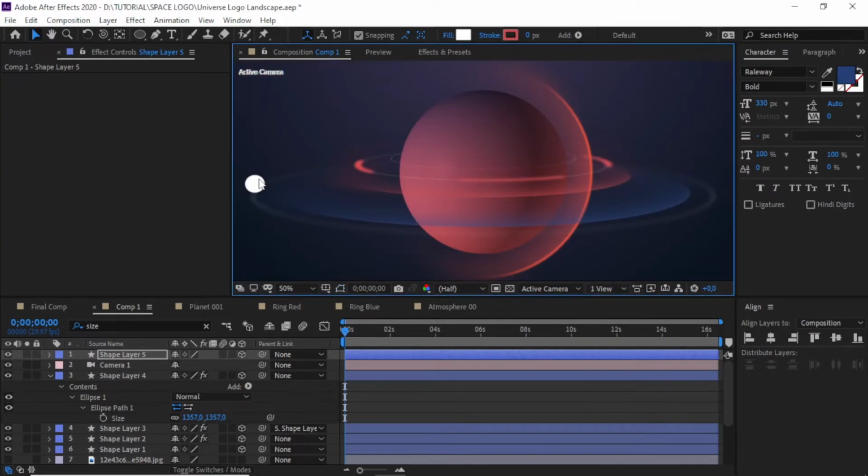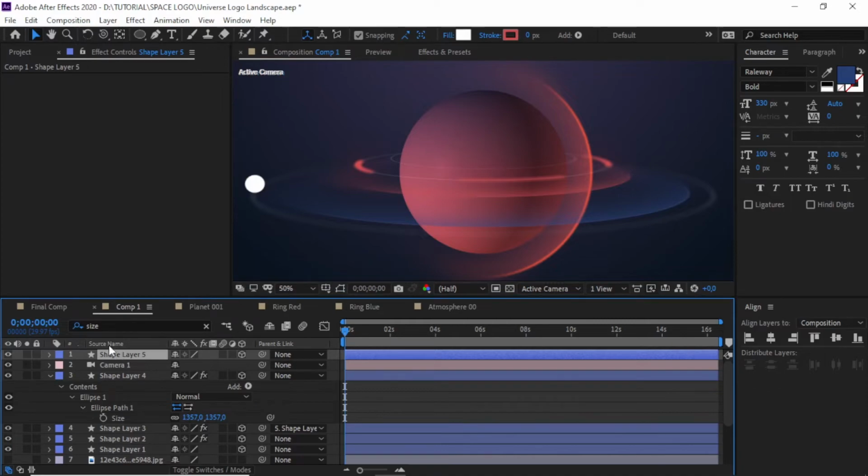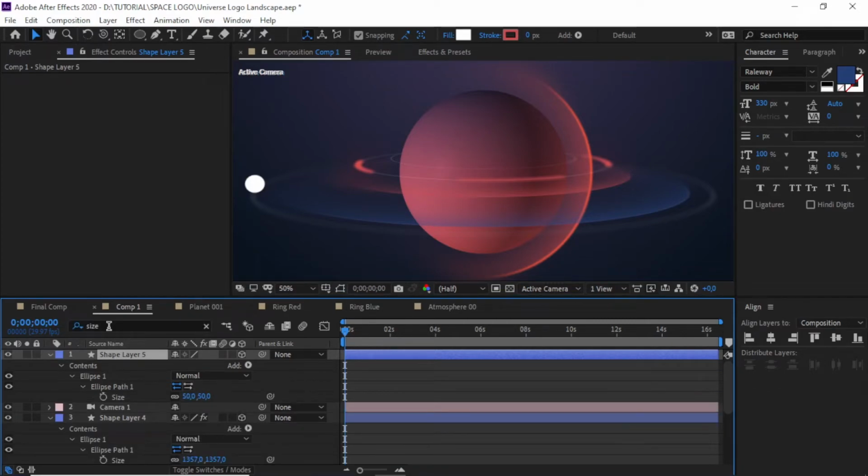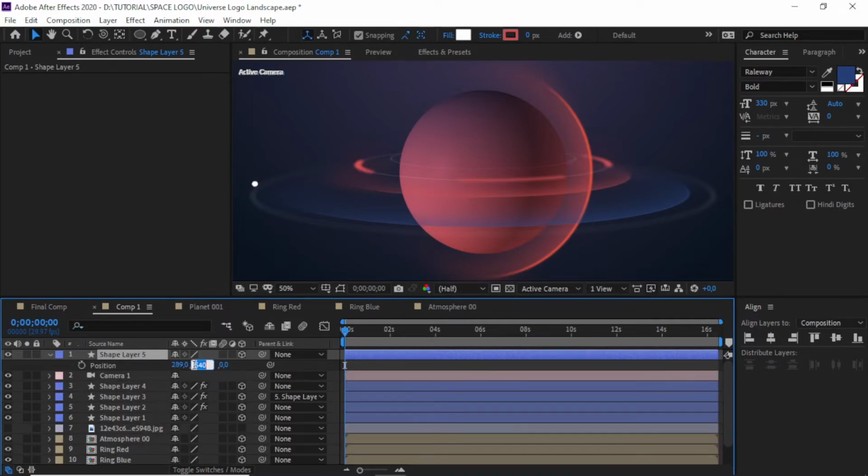Like this one. Then we need to make the size smaller and the position the same, 575, like that. Oh, it looks so small.